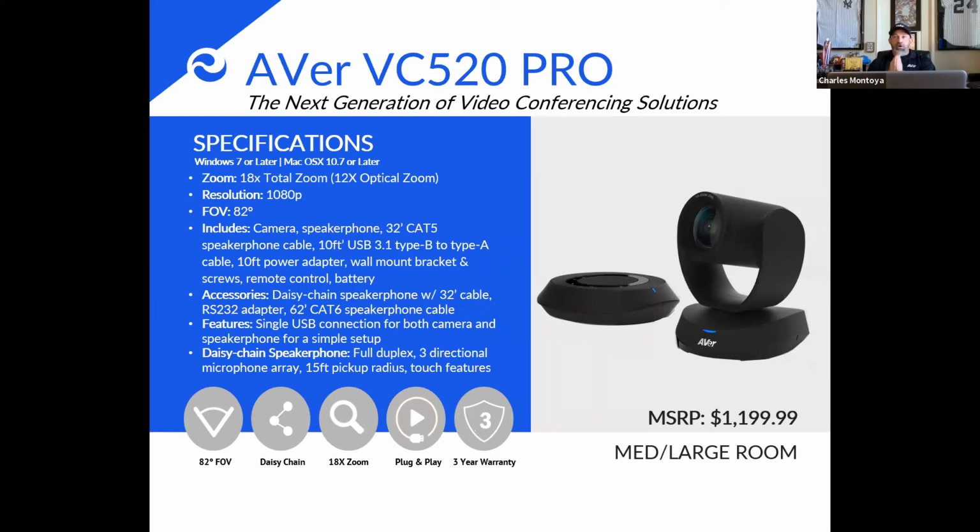One, our cameras are so fast when you're using the remote control on it. Zoom had to downgrade the speed of our cameras because they felt that they moved too fast. If you're doing presets, it is almost automatic for you to go from preset 1 to preset 2 to preset 3. I don't know if I have preset set up on this one, but let me see if I do